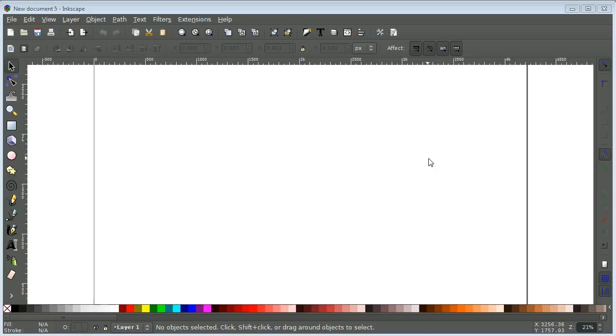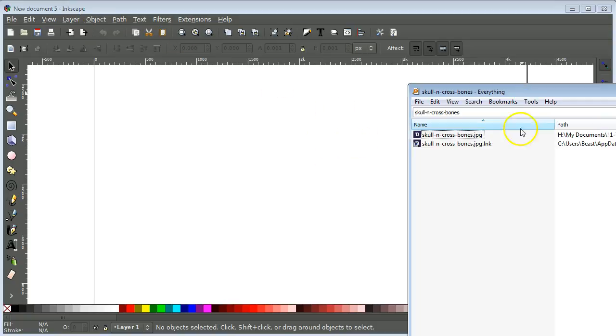Okay, let's try and reproduce that video tutorial with some narration. It's easier to understand than just with nobody talking at all. Here I am in Inkscape, and on the internet I've found this skull and crossbones